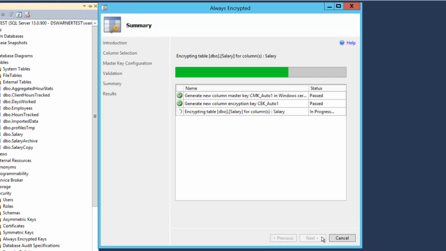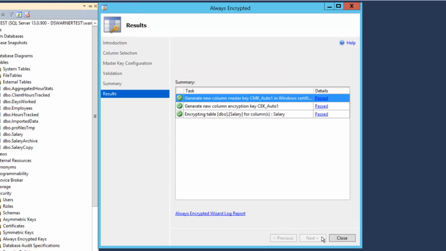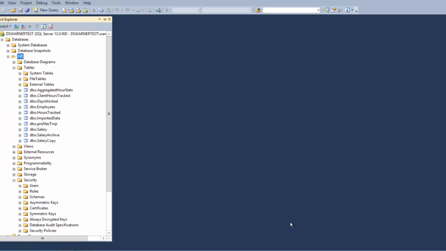Once you're good, you can press finish, and it'll give you a progress report. The longest part will be the part where it actually encrypts the table, depending on the size of your table, of course. Once it's done, we can close it,